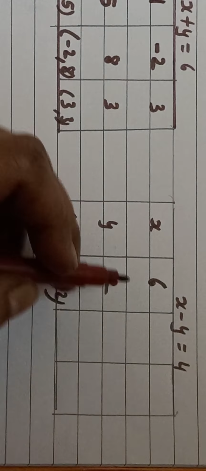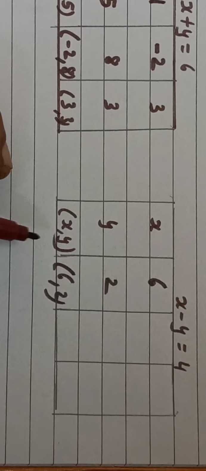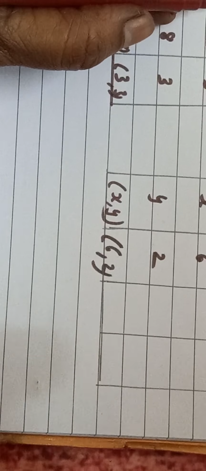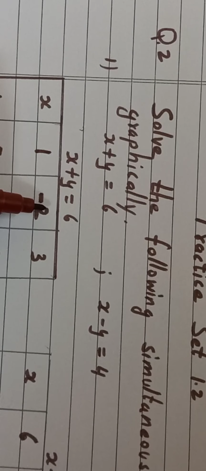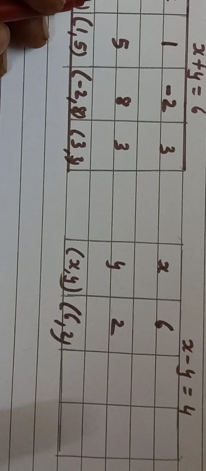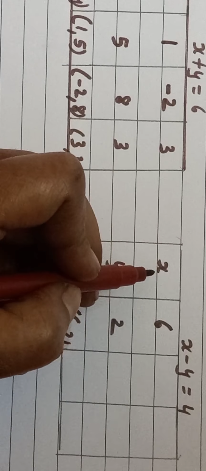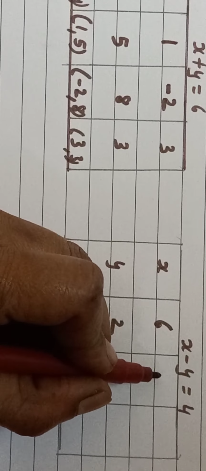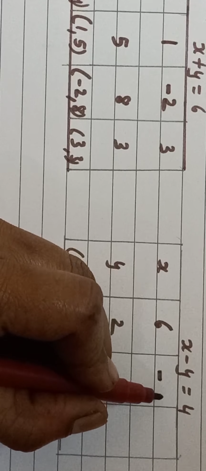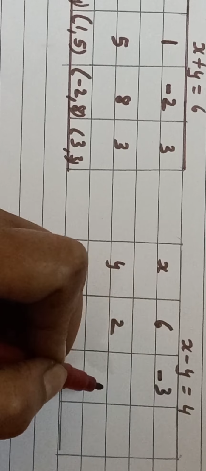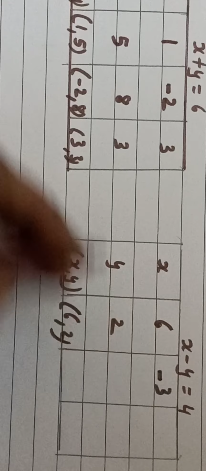And if you don't understand how it is, then I'll just show you one. Now this is very easy. x plus y is equal to 6, there is no need to do it for this. But if you want it for x minus y is equal to 4, I'll just show it to you. First of all, the basic concept should be clear. I'll take a negative integer and I'll show you. Suppose I take x coordinate as minus 3. So what will be the y coordinate? Like this.